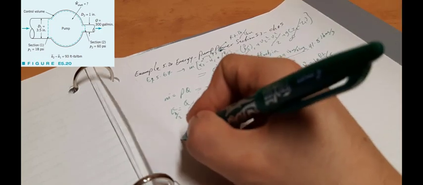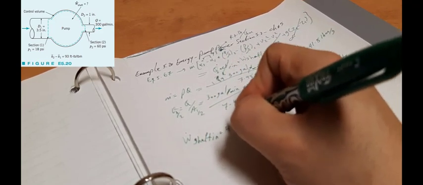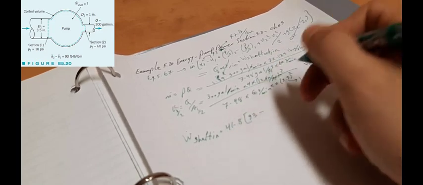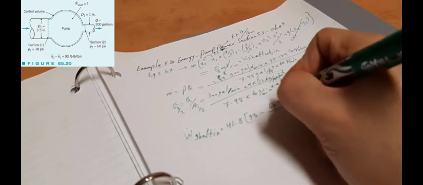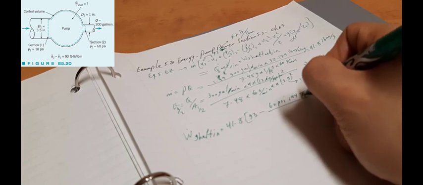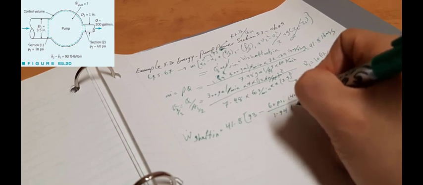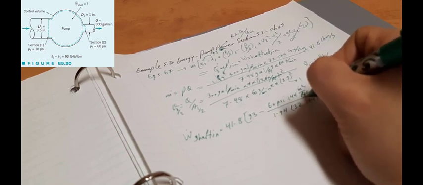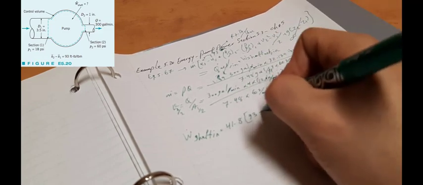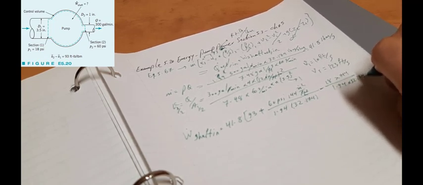We just need to substitute W dot of the shaft in is equal to 41 multiplied by 93 minus 60 psi as it's defined, multiplied by 144, the conversion of square feet to square inch, divided by 1.94 multiplied by 32.174, plus 80, and the whole thing again is divided by 1.94 multiplied by 32.174